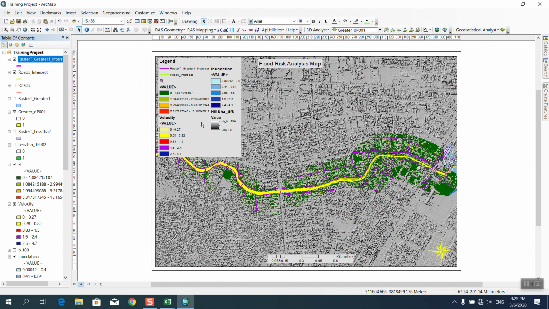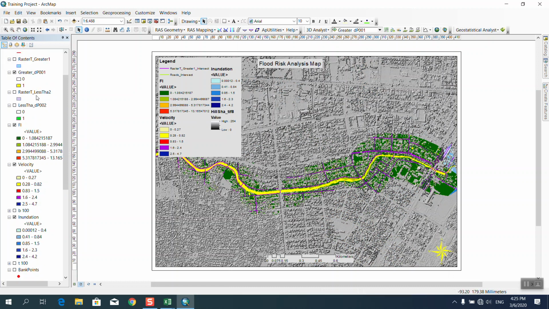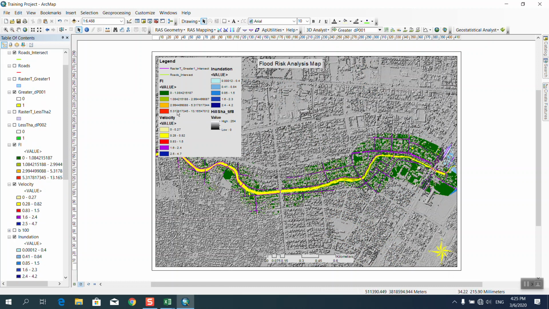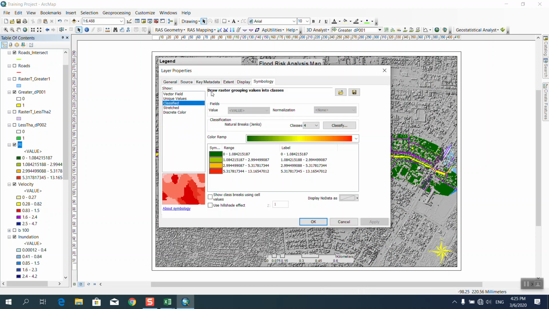And also this is very important. Because our value is based on its name: very low risk, low, medium, and high. I want to give the names for each flood risk zone. Sorry, from here I want to change this to very low,